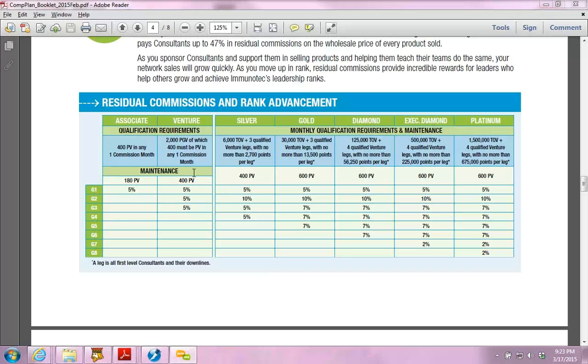So there you are, a venture. And I'm just looking here. Was there anything else I wanted to make sure to tell you on that? Okay, so